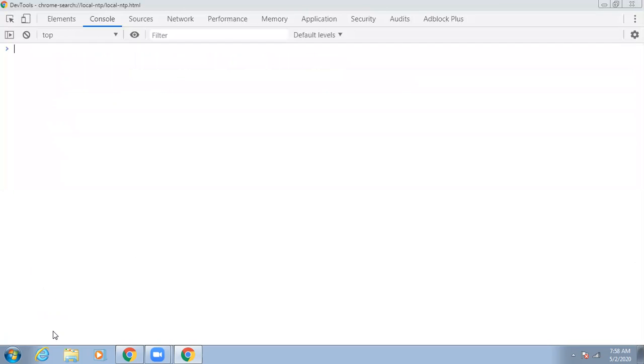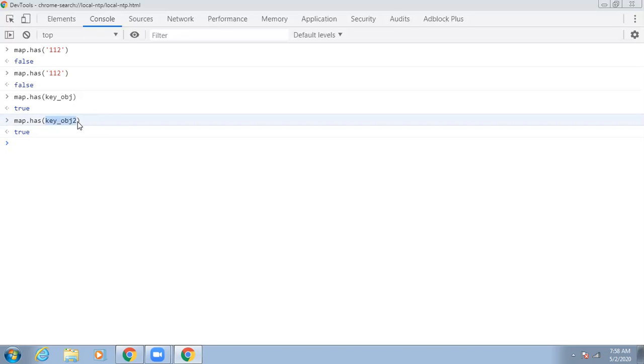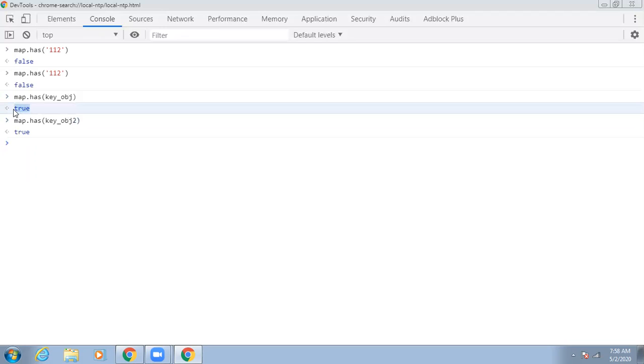Let us try map.has key_obj, it exists, right? Key obj2, this also exists, right? So has is a method which checks whether a property exists in the map or not. If it exists, it returns true. If not, it returns false. This is about adding the value, getting the value, and checking whether a property exists or not.